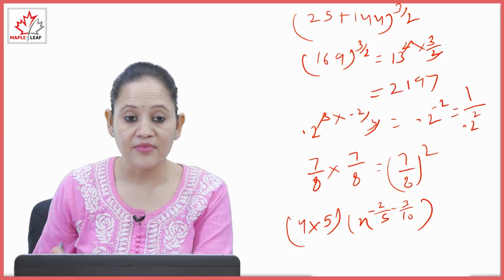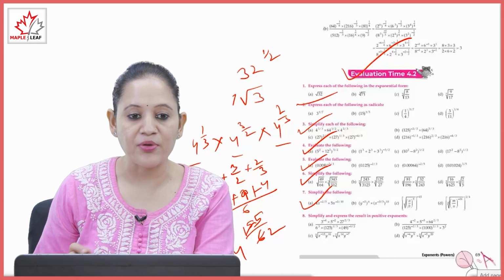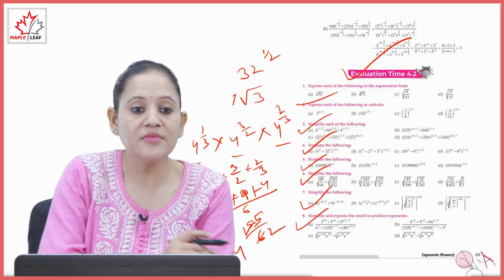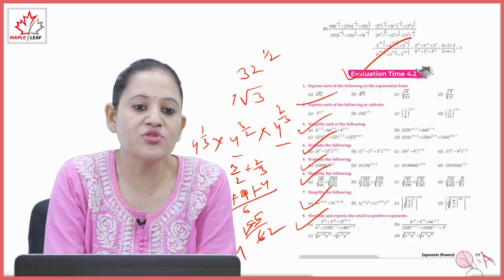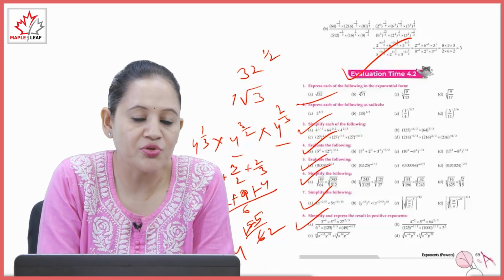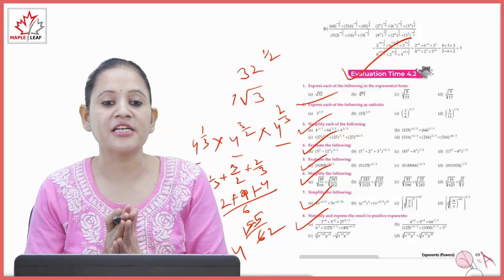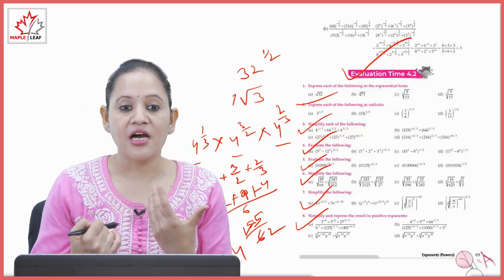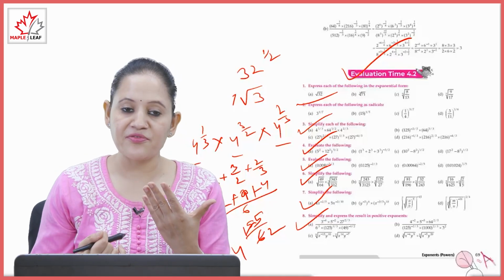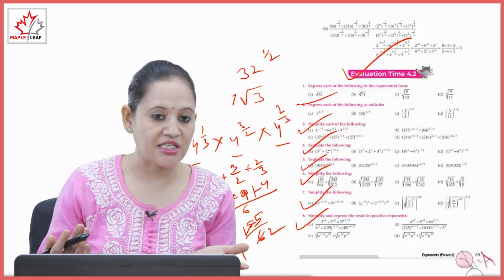Clear? Next, simplify and express the result in positive exponent. So हमें क्या करना है? सबसे पहले इसको simplify करना है. सेम लॉज रहेंगे एक्सपोनेंट के, लॉज ऑफ एक्सपोनेंट को यूज करके जैसे हमने बाकी सारे क्वेश्चन किए, सिंप्लीफाई करना है एंड जो हमारा रिजल्ट आएगा इफ इट्स नेगेटिव, अगर ऊपर आ रहा है तो हम उसको नीचे ले जाके पॉजिटिव करेंगे, अगर नीचे है तो ऊपर ले जाके पॉजिटिव करेंगे, जैसे हमने पहले क्वेश्चंस में किया था उसी तरीके से करेंगे. क्लियर?